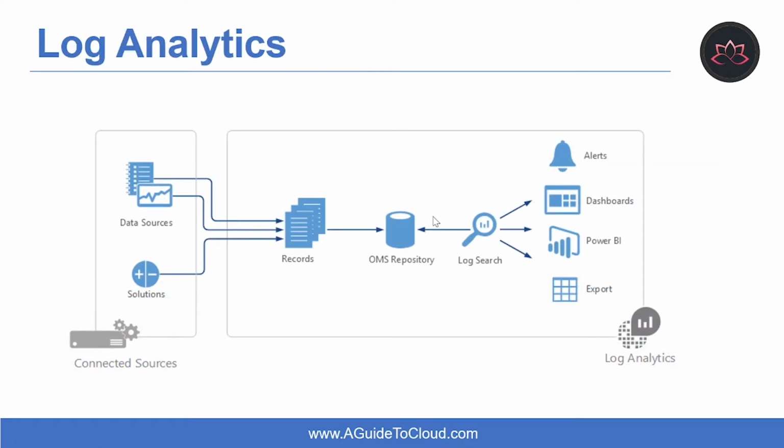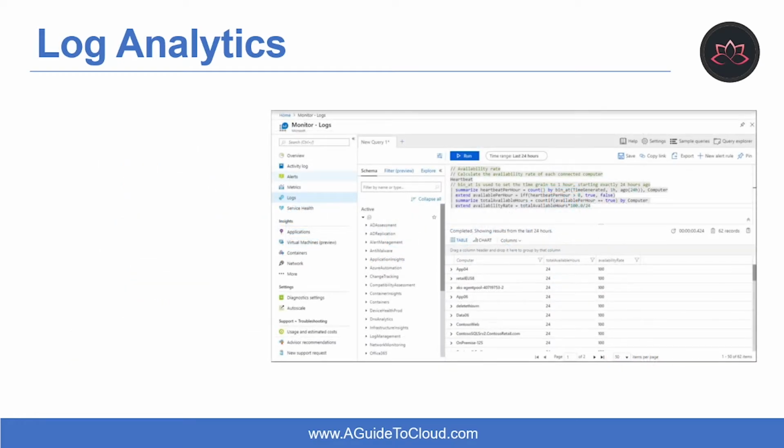Let's go a little deeper into Log Analytics. Log Analytics is part of Microsoft Azure's overall monitoring solution. Log Analytics helps you monitor cloud and on-premises environments to maintain availability and performance. Log Analytics is the primary tool in the Azure portal for writing log queries and interactively analyzing their results. Even if a log query is used elsewhere in Azure Monitor, you will typically write and test the query first using Log Analytics. You can start Log Analytics from several places in the Azure portal. The scope of the data available to Log Analytics is determined by how you start it.